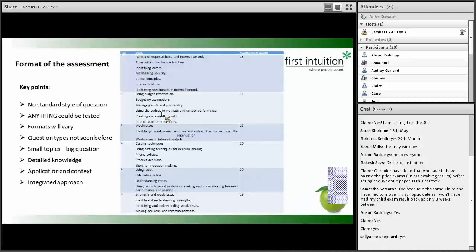It's going to test your understanding of topics and techniques, not just how to apply them, but do you really understand what they're doing, what they're telling us, and what comes out of them. So the way in which you might be expected to apply your knowledge might be very different to anything that you've seen before. If you're well prepared though, if you understand the syllabus, you know what we're doing and why